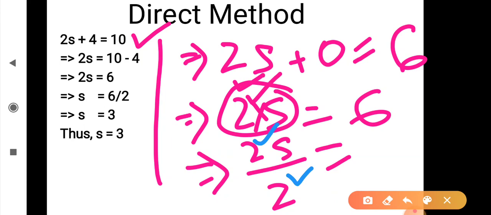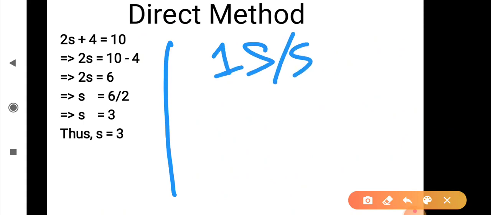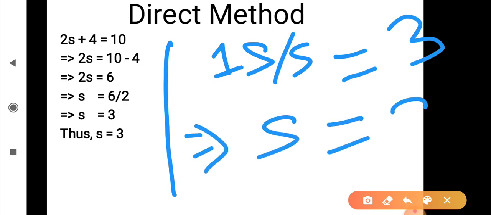So if you are dividing twice s by 2, then even in the right hand side you have to divide the 6 by 2 itself. Again, pause the video for a while and note down whatever is written here. Alright, I hope all of you have noted down. I'm going to rub it off again. After this, what are we going to get? We are going to get 1 s equal to, if 6 is getting divided by 2, then we are going to get 3. So our s will be equal to 3.